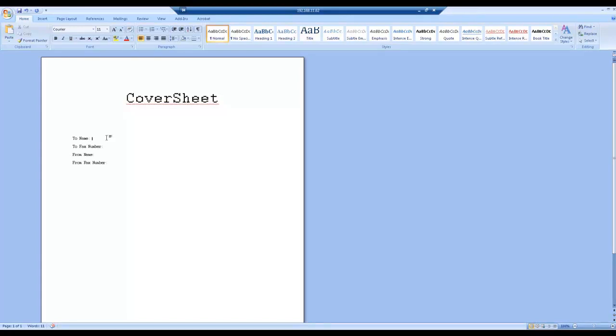Now, to create our template, we'll need to insert the embedded codes. I'm going to use some basic embedded codes here. First, next to To Name, we'll insert the to name embedded code. And as you can see, each of these embedded codes are surrounded by the less than and greater than signs or angle brackets. For To Fax Number, we will use the to fax num